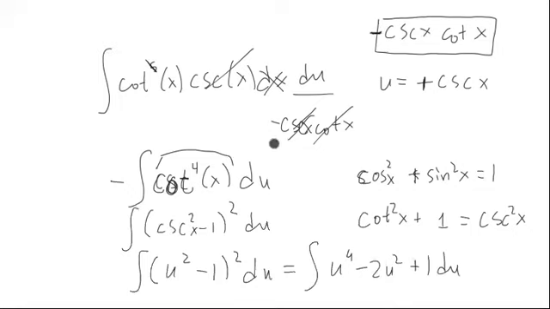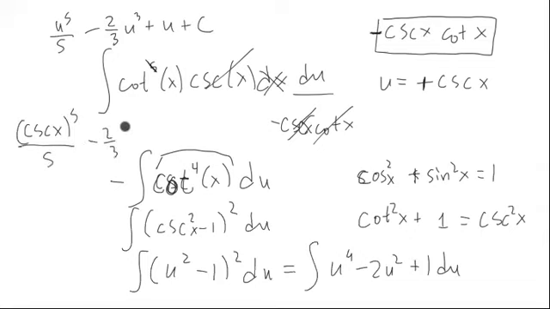And then finishing it off, I'll just finish it up here. We would end up having u to the fifth over 5 minus 2/3 u cubed plus u plus c. And then just replace u with what it is. u is cosecant x. So we end up getting cosecant x to the fifth over 5 minus 2/3 cosecant x to the third plus cosecant x plus c. And that would be the final result